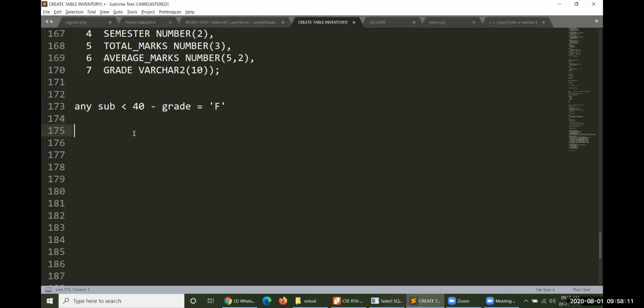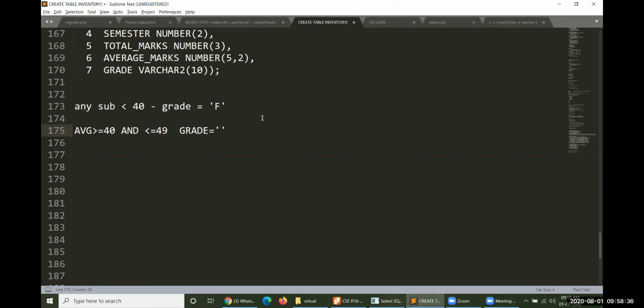And if the average is, let us consider, greater than or equal to 40 and less than 50, for example 49, then which grade do we take?